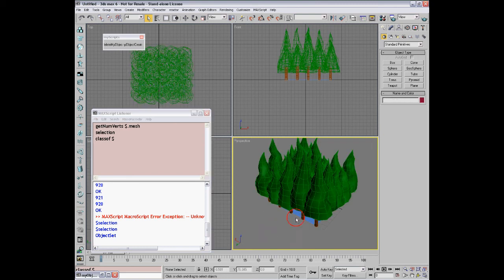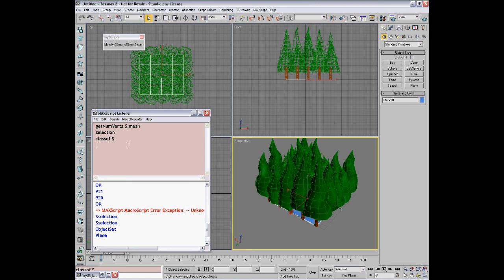But if we only have one single object selected, I'm now selecting the plane, $ returns the plane itself. It's holding the actual object instead of an object set consisting of that single item. Note that a single item is not the same as a collection consisting of a single item. Think of an apple, for example, compared to a bag holding a single apple inside. Now, the variable called selection is consistent. It always holds